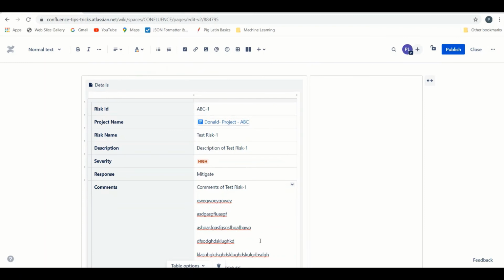I'm just giving an example, and the same thing can be applied if you have a huge process document and you want to collapse it based on section, so that if someone wants to read it, only then they click on it and read the information. Those kinds of examples can be achieved using this macro.